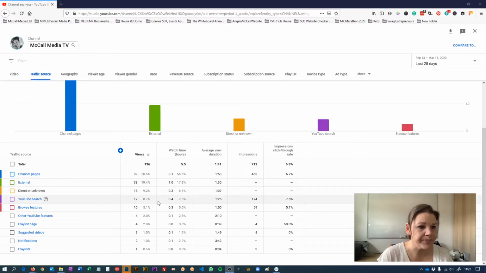Basically this says these are the terms that people put into YouTube when they want to find a video that solves a particular problem. So this is all about your SEO, keyword analysis and customization, and how I'm structuring. Now for a person that's only got 5-6 videos live at the moment on her channel, I am scoring, and I'm going to look at percentages because I think that's an easy way to see a broader picture, given that you might have a different number of videos so you can compare and so forth. But at the moment, my YouTube search results are bringing in 8.7% of my traffic, which I think is really, really high.